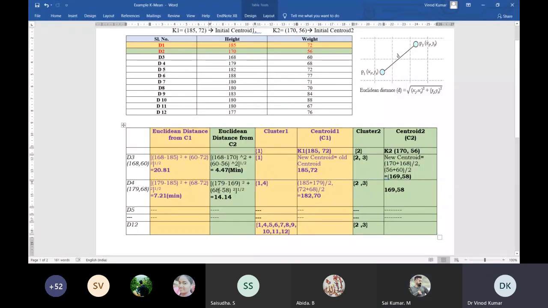And what is the centroid for C2? Don't use the new centroid, because now the centroid is changed. So 169 and 58 you can see here. 179 minus 169, 68 minus 58. This calculation will lead to the value 14.14. Sir, how does 58 come? 68 minus 58, whole square, whole power 1 by 2.